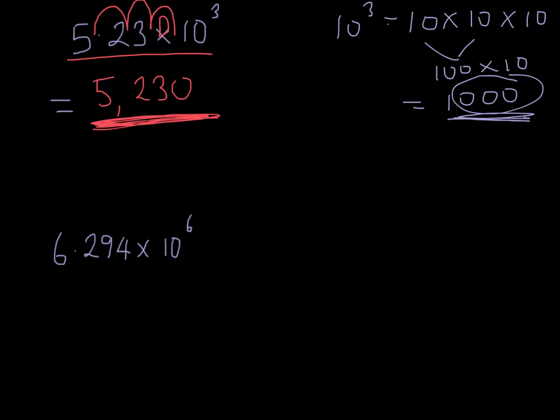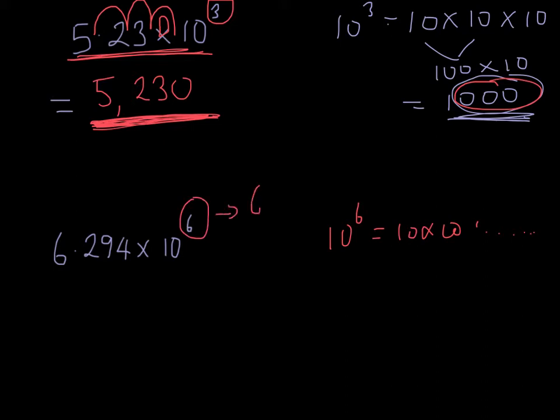So it's easy then to convert between standard form and scientific notation. Let's look at the same one down below here. So 6.294 times 10 to the power of 6. We could go and write out 10 to the power of 6 as 10 times 10 times 10, etc., but we don't need to do that. We notice that in the first question, 10 to the power of 3, we needed to move the decimal point 3 times. So 10 to the power of 6, we're going to move the decimal point 6 times